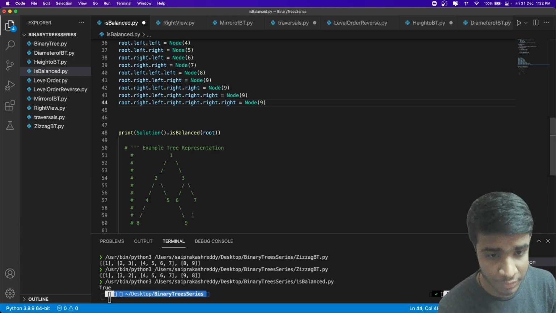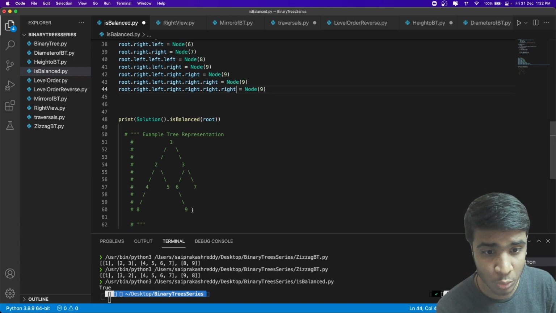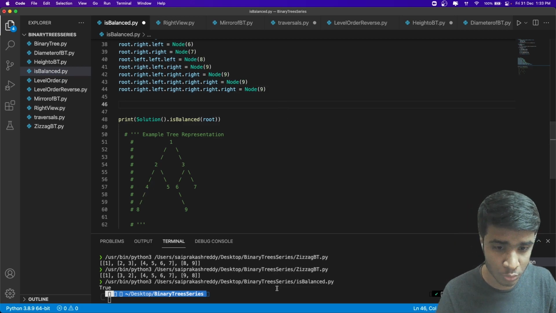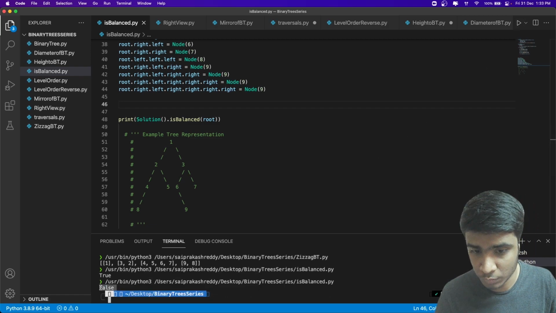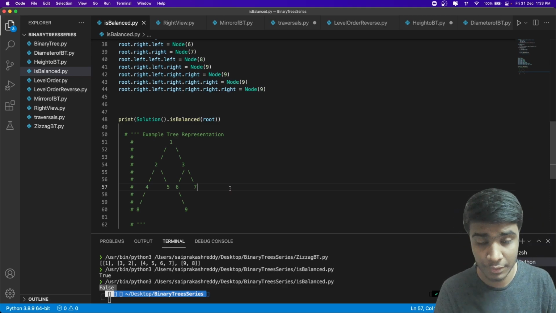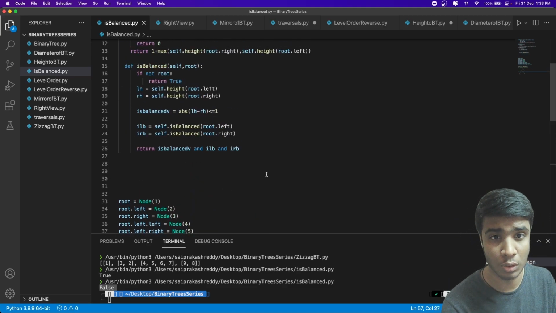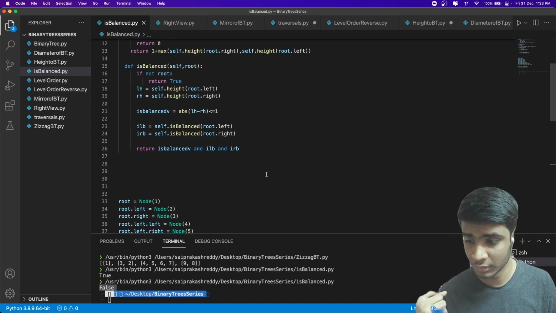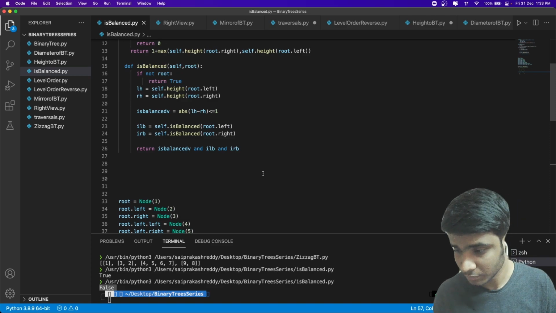So what happened is that I've added three more nodes here, 1, 2, 3. Now the height at this moment will be 1, 2, 3, 4, followed by 3 is 3. So 5, 6, 7, and here it would be only 4. So the difference would be 3. So it has to return false, and that's true because it is not a balanced tree, right? I hope you understand this, and this is how you can check if the tree that you are solving is a balanced tree or not, right?